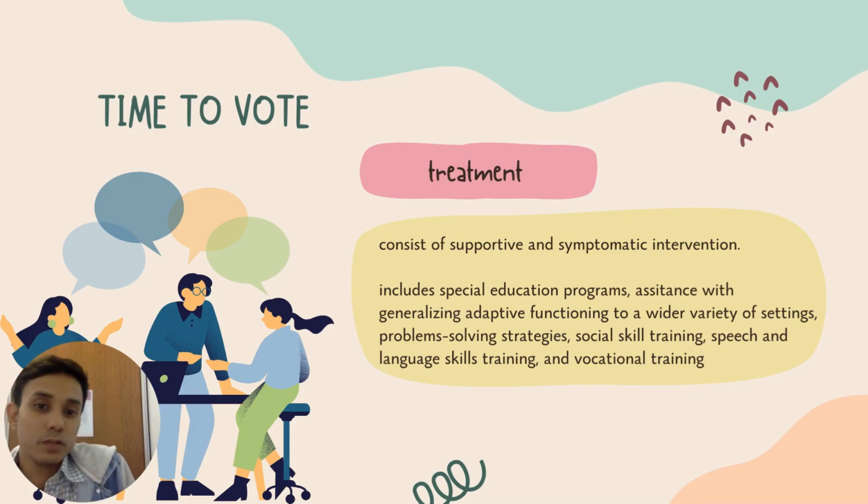So what is the treatment for Asperger syndrome? It consists of supportive and symptomatic interventions, almost the same as autism, and includes special education programs, assistance generalizing adaptive functioning to a wider variety of settings, problem-solving strategies, social skills training, speech and language skills training, and also